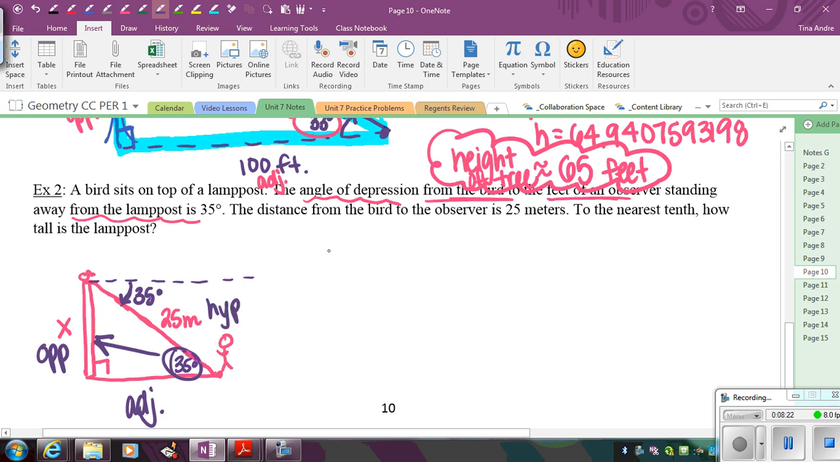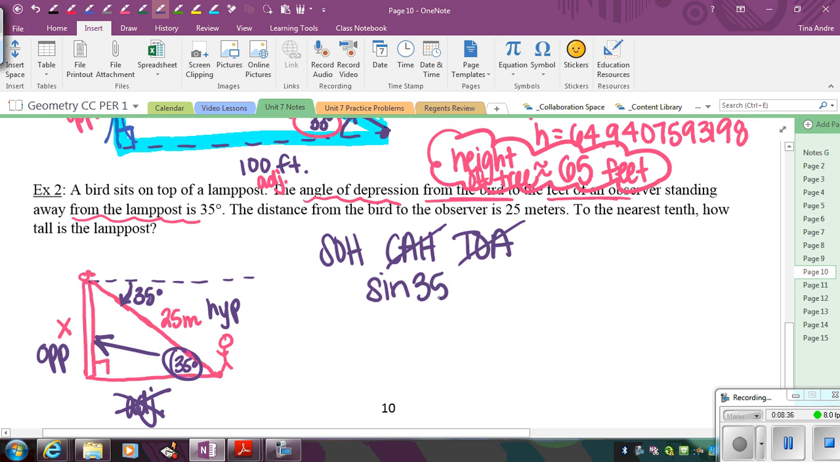So I can set up SOHCAHTOA. I'm not going to be using the adjacent this time, so anything with an A we're going to get rid of. So it's going to be sine of the angle is equal to the opposite over the hypotenuse. So again, you're showing this setup, you're putting that over 1, you're cross multiplying. So it's in my calculator, 25 times sine of 35. So we're writing that out, and now we're actually plugging in. So 25 times sine of 35 degrees is going to be